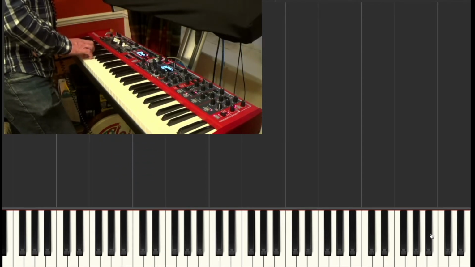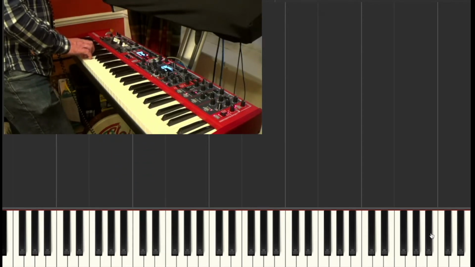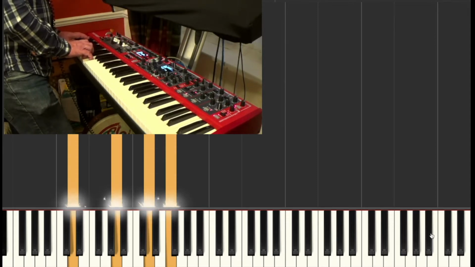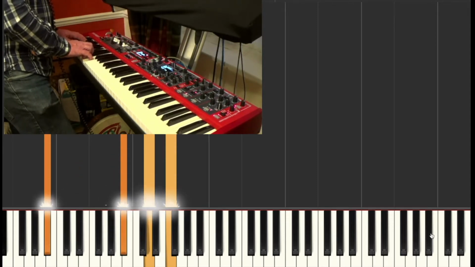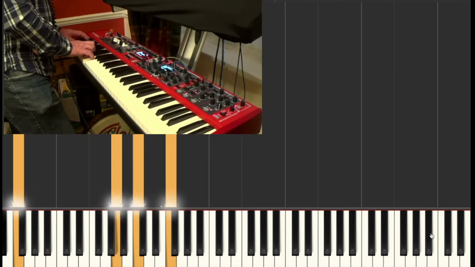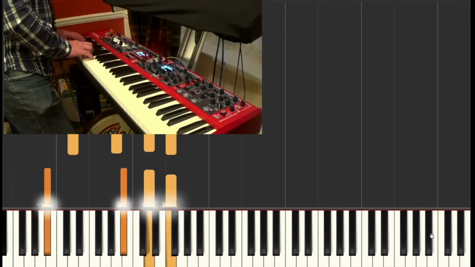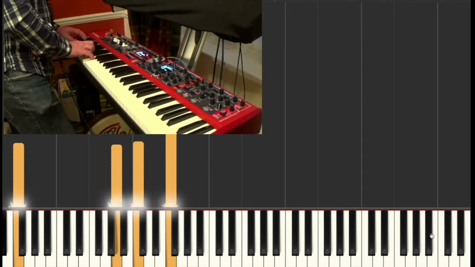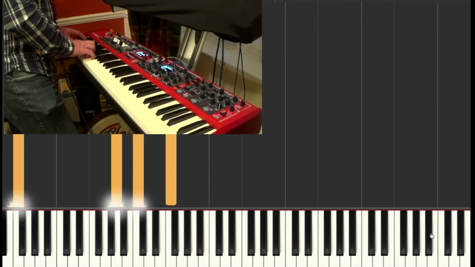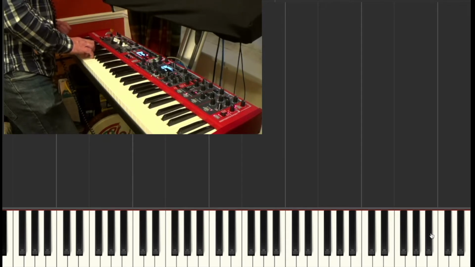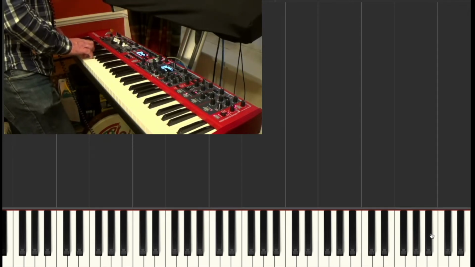And from there we go into the intro chords, which start on a D minor and then a B flat and then an F, and that sounds like this: D minor, B flat, F, D minor, B flat, F. And we might go around that intro several times, and then we get to verse 1, which starts on a